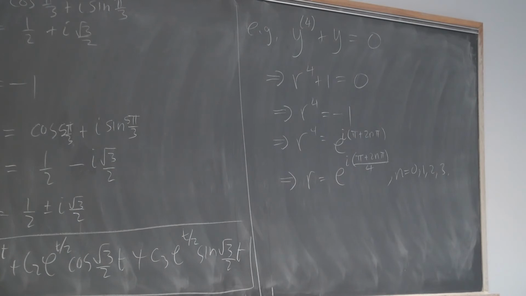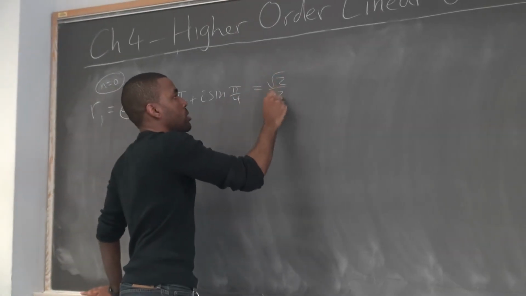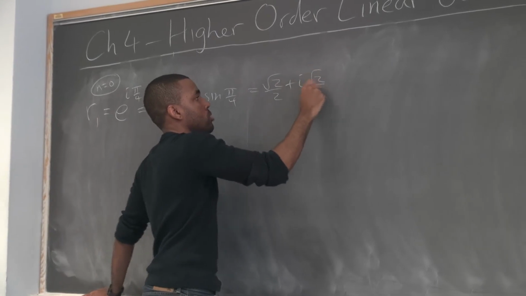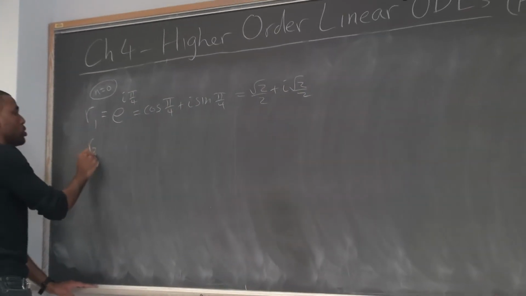So let's do the first solution. When n is 0, what do I have? The first solution I get when n equals 0 is e to the i pi over 4. That's just cosine pi over 4 plus i sine pi over 4. That's just radical 2 over 2 plus i radical 2 over 2. Okay. R2,